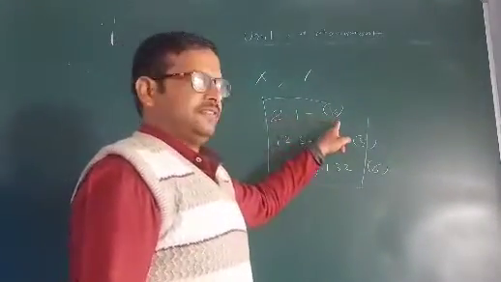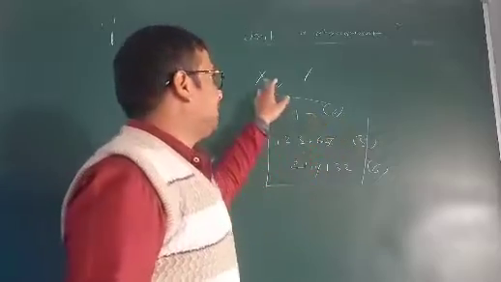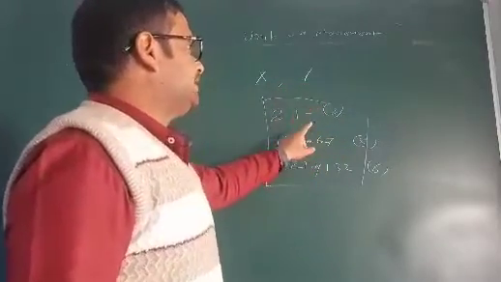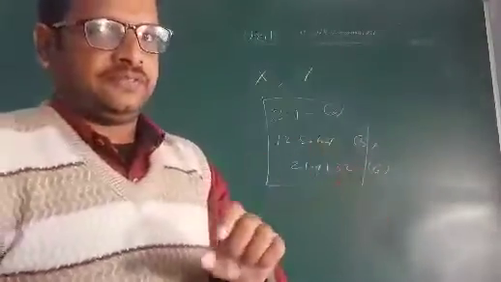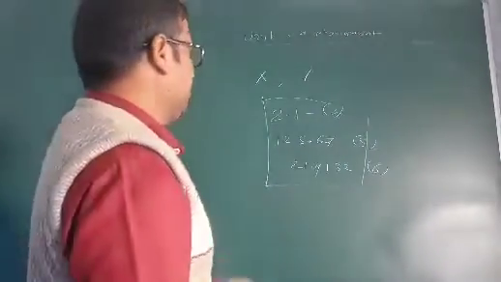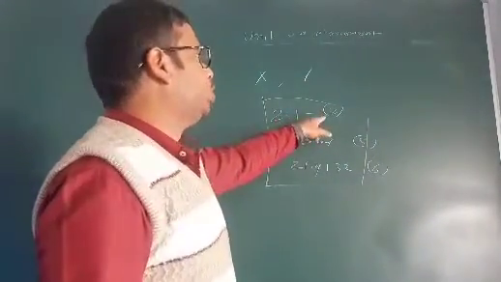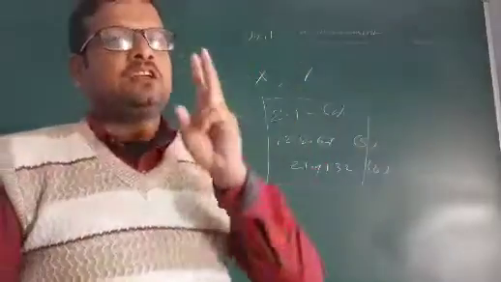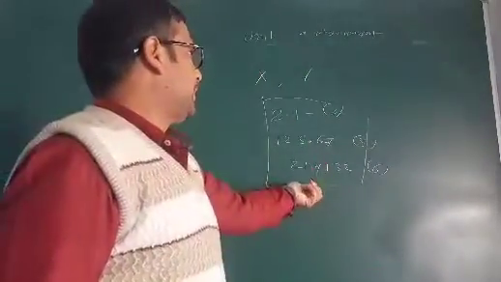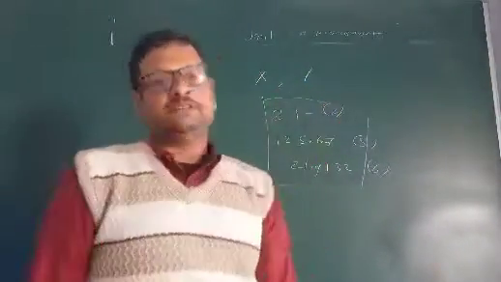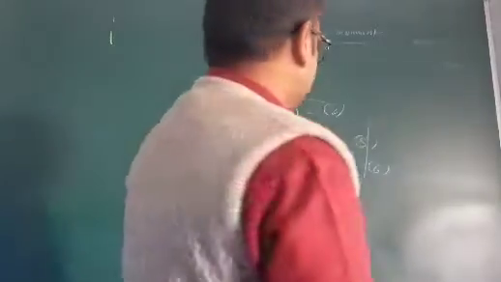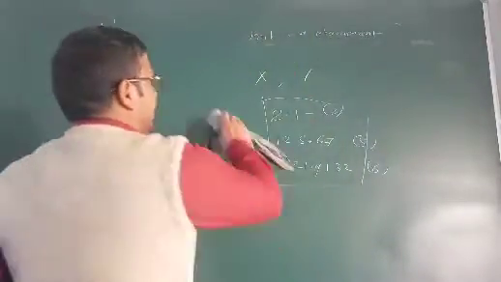in two significant figures, because in the case of multiplication and division, your answer will have the least quantity of significant figures. The least quantity of significant figures here is 2, so your answer is in two significant figures. This is the method of multiplication and division. Okay, keep in your mind. Okay, now next,